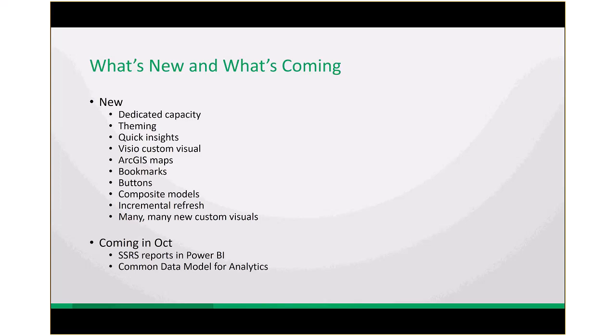Quick Insights is something that maybe we'll jump back over and look at in a moment. As you publish a data set out to Power BI and tell Power BI how the various tables you've imported are all related to one another, what the metrics are, what the attribute dimensional data is, Microsoft has released something called Quick Insights, which you could call a machine learning approach. You click the Quick Insights button, and Power BI will go off and analyze your data set and look for interesting and notable